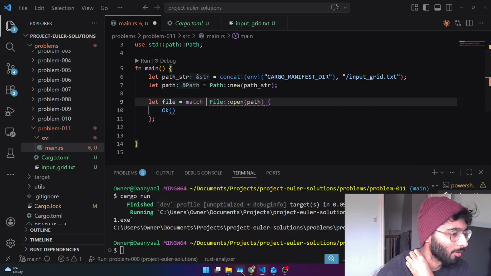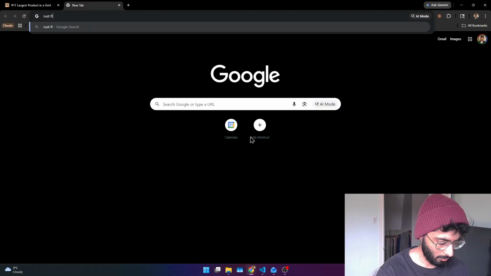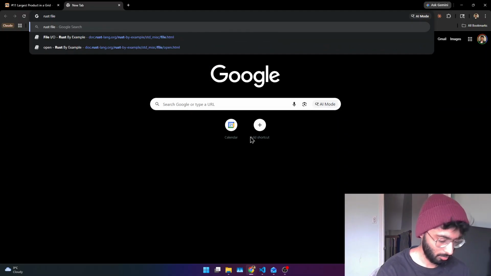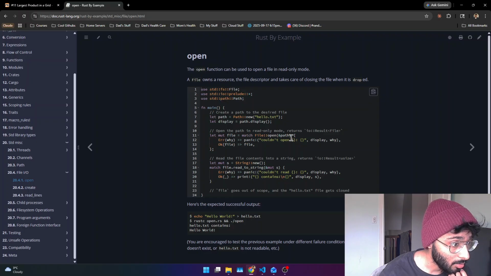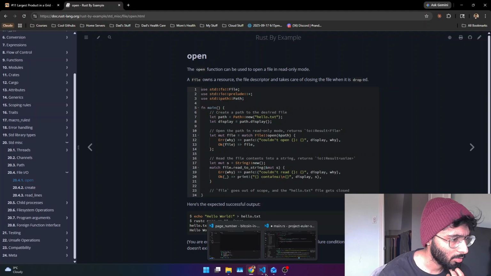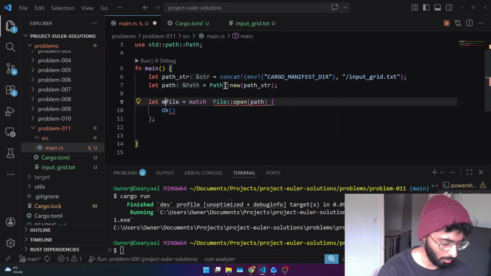I'll need to Google file open. Let's do that. Rust file open. Let's see. So you pass. Oh, okay. I think I'm confusing it. So, okay, I guess this needs to be mutable. That makes sense. And here we probably want